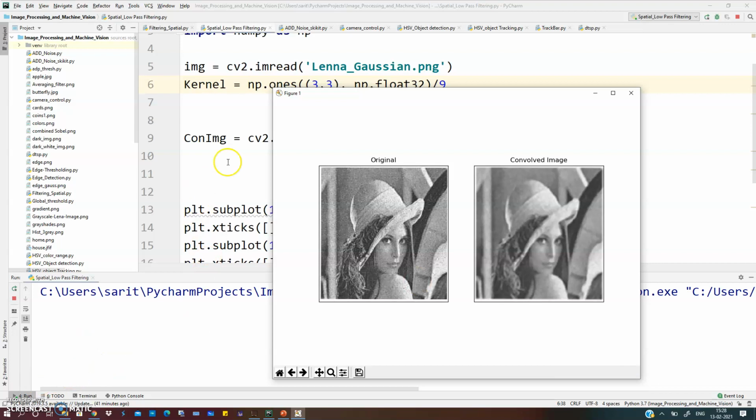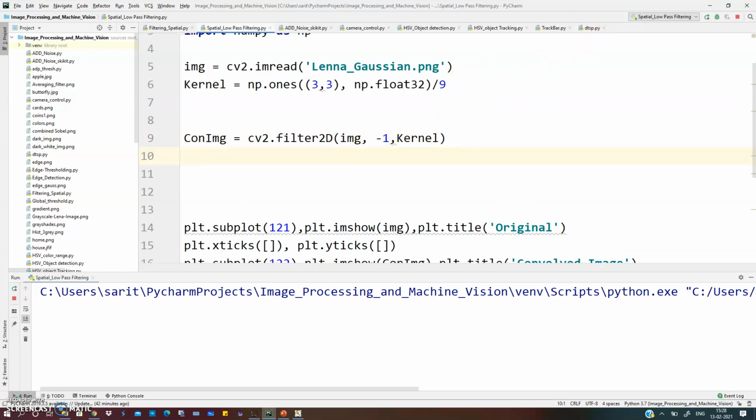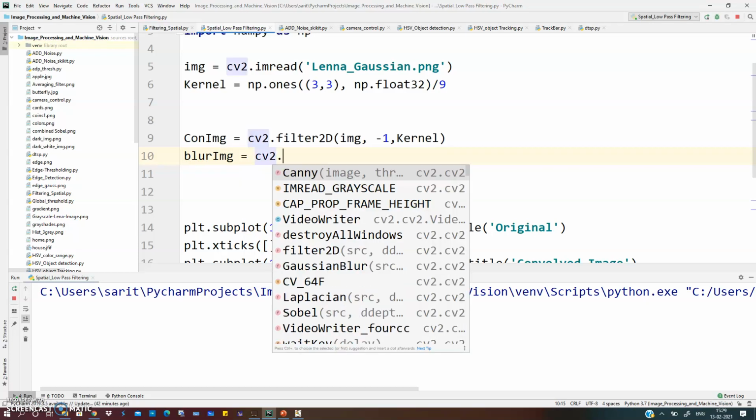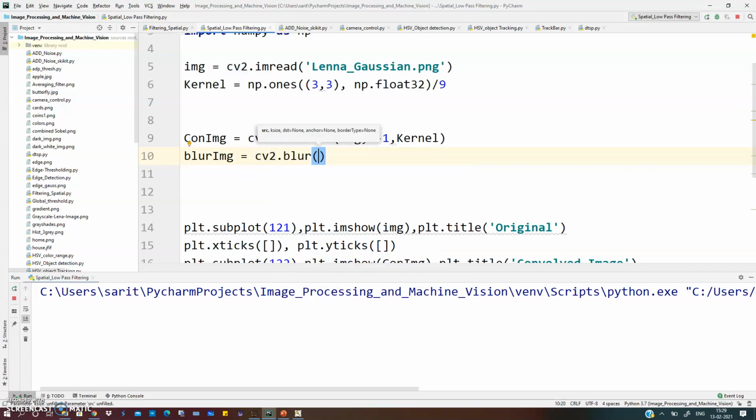Now let us use another method, that is the Gaussian. Okay, before that there is one more method, the blur method, an inbuilt method, which does the same operation as the averaging filter. This blur method we will include here: blur image is equal to, it is the method inbuilt in OpenCV, so cv2.blur. The arguments are the source file, that is img, then the kernel size we have to mention.